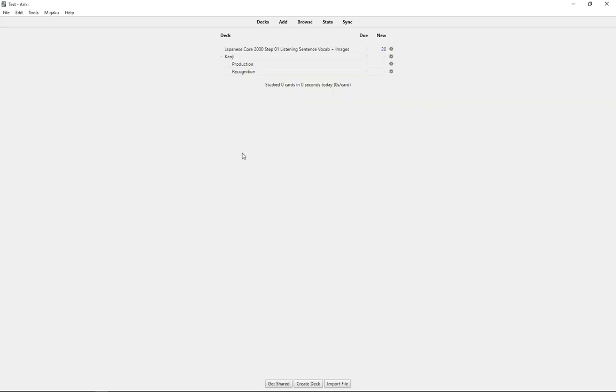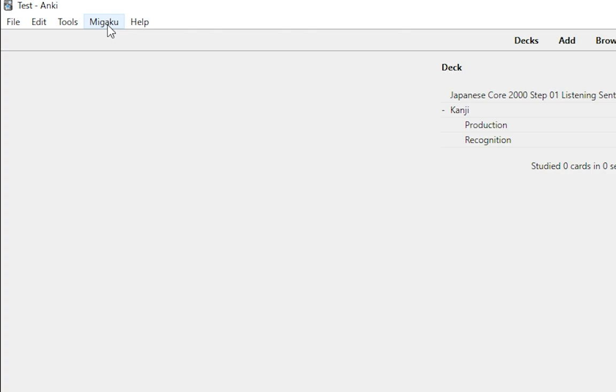Okay, with this step done, you can see I also put them in the same main deck, so I like it this way better. It's a little bit more organized, but you can do it in whatever way you want, and you also don't have to call them production and recognition. That's up to you. And the next step after we create those decks is just to connect them to the add-on. For this you have to go over here to Migaku,